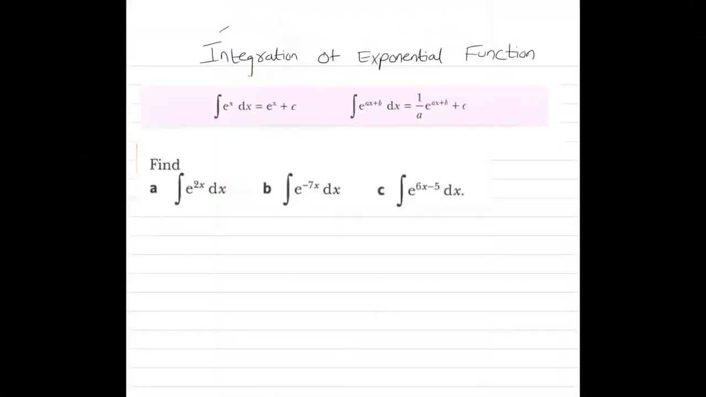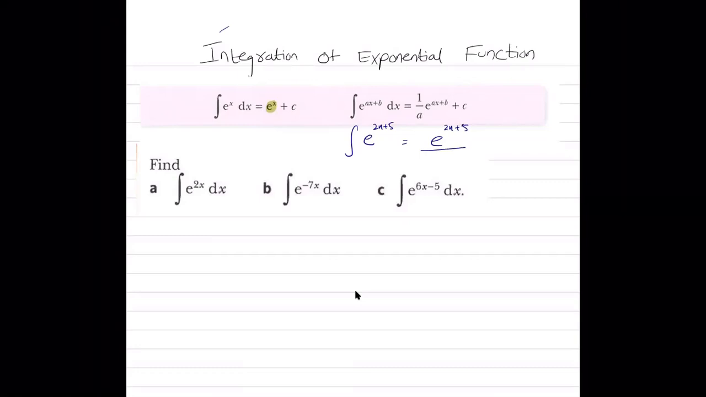Then we have integration of exponential function. Okay, so integration of this exponential function e to the power of x is e to the power of x plus c. Exponential functions are special functions whose integration or differentiation is the same function. If you have an exponential function that is raised to some power, for example, e raised to the power of 2x plus 5, then integration of such kinds of exponential function is the function itself